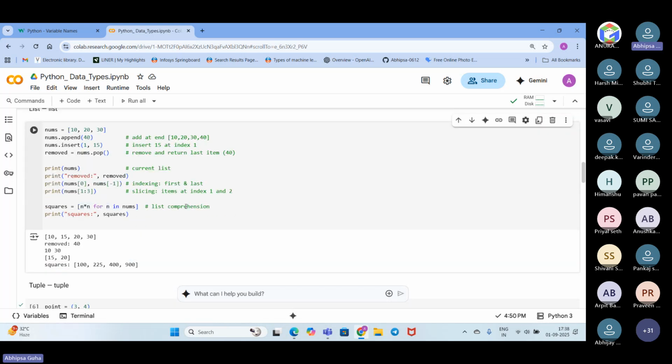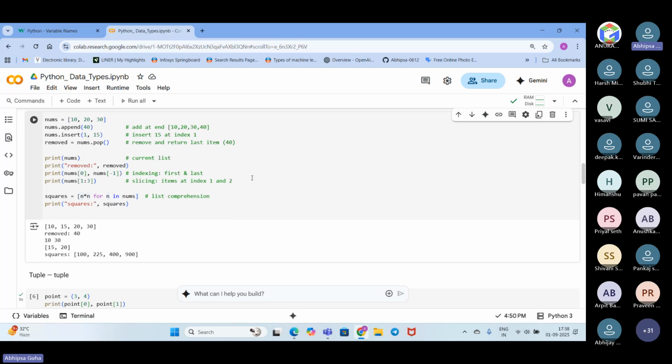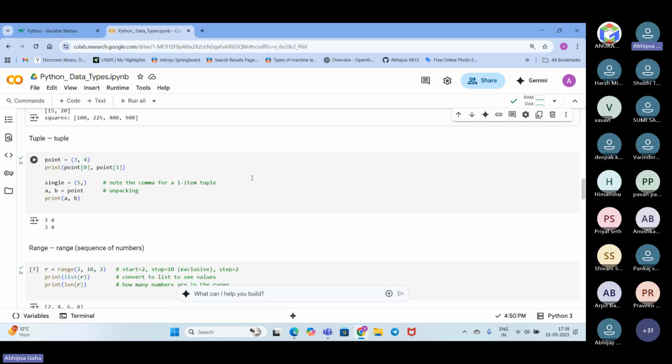So this is how we can create a list and what operations we can do using a list. That has already been discussed. Okay. So next is tuple. Here also, we are creating a tuple. In case of tuple, we are using these round brackets.